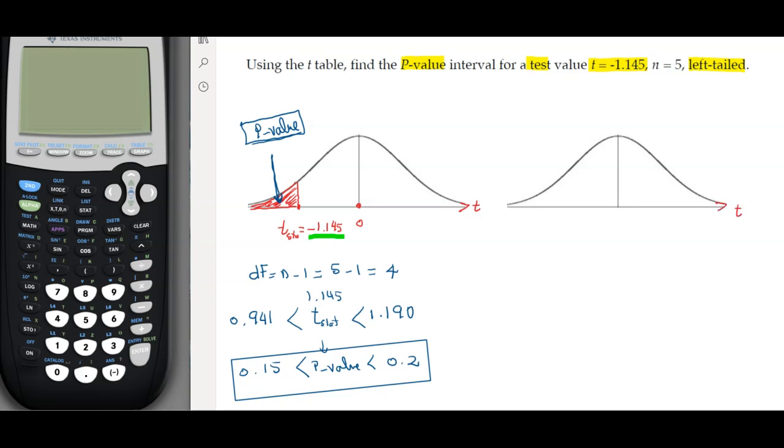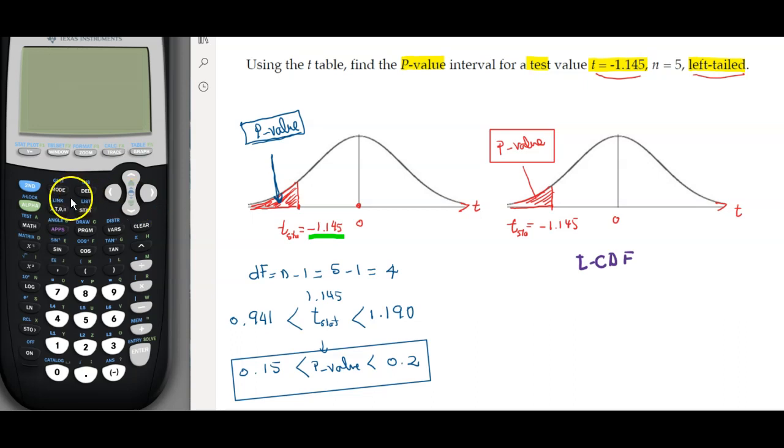This is the t distribution. The 0 is going to be here, and we're going to graph the left tail, which is minus 1.145 somewhere here, right? So this is the t statistic value. So now that value here, you're going to divide the graph in a small tail, and the area of this small tail would be our p-value. And because we are using only one tail, the totality of the p-value will be located on the left side. All right, so the function that we're going to use in the calculator is called